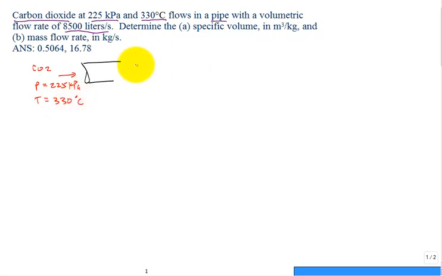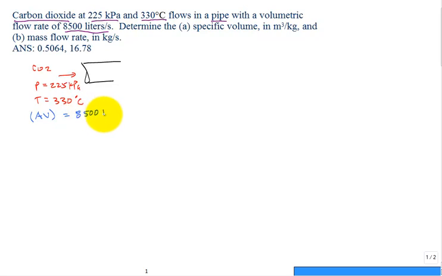and it has a volumetric flow rate. AV is a symbol used in the textbook, and I like to use it as well for volumetric flow rate. Some other textbooks will use Q, but we've already used Q for heat transfer, so just use AV. It's the A, which is a cross-sectional area, times V, the velocity, gives you the volumetric flow rate. So that volumetric flow rate is